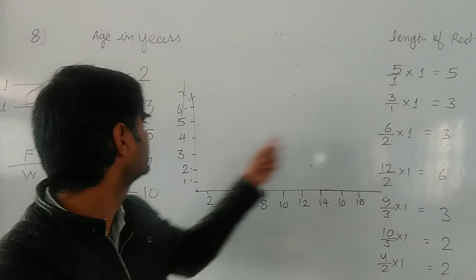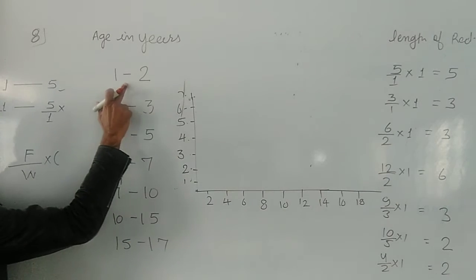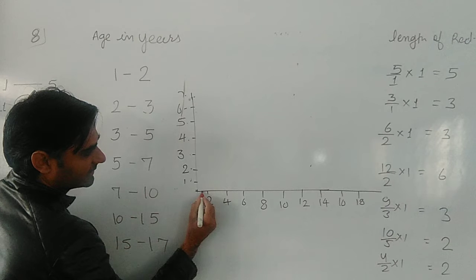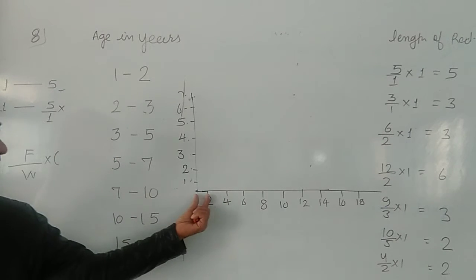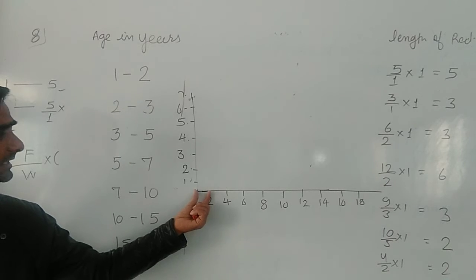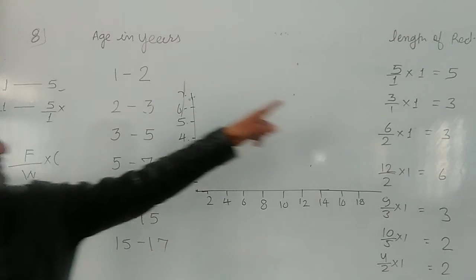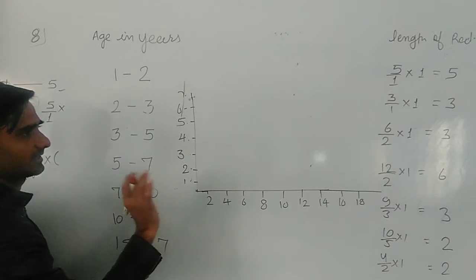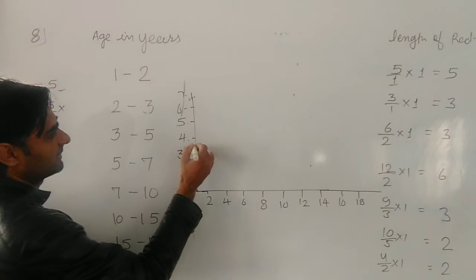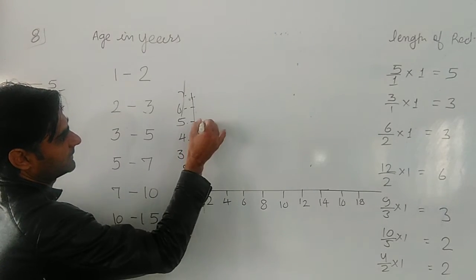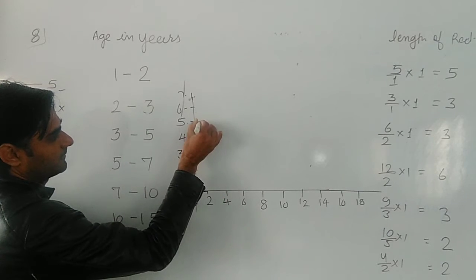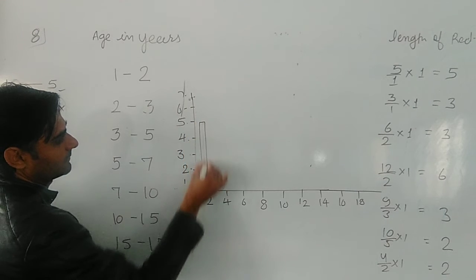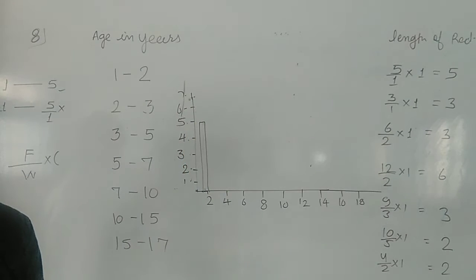Now class interval, you can see. First one is 1 to 2. This is 1 here and this one is 2. So the width of this one will be 1 to 2, this much only. And the height of the rectangle is, you can see in front of that, 5. Are you getting it or not? 5 will be there, so this is the 5 here. So we have to draw such a type of rectangle. Got it now?